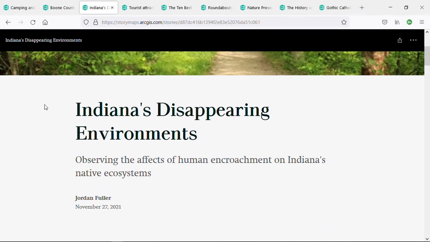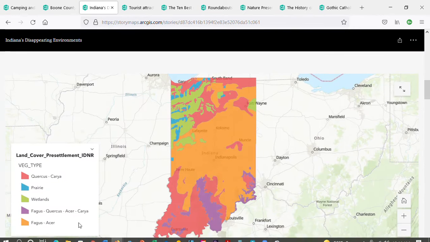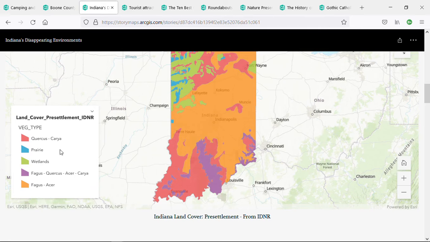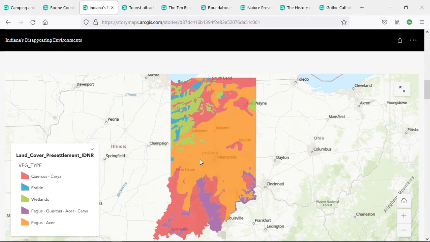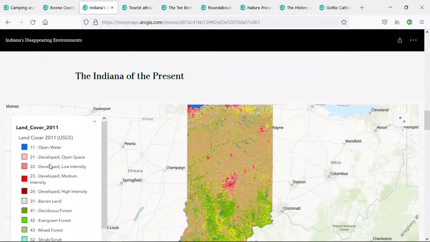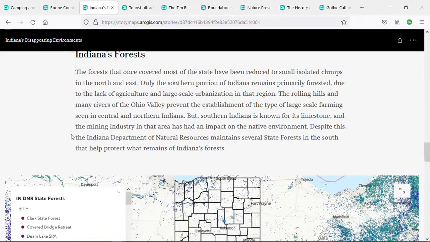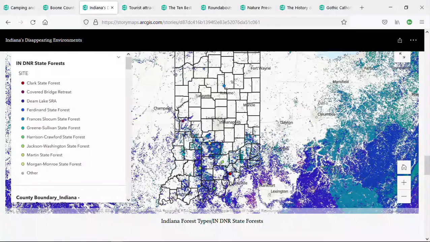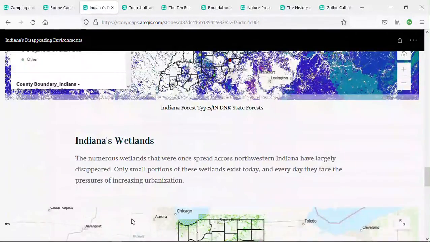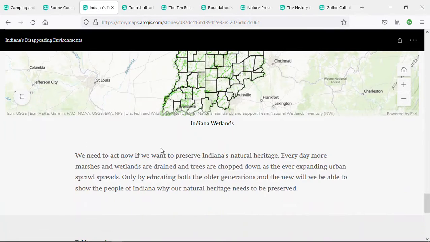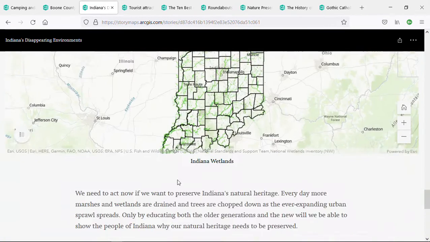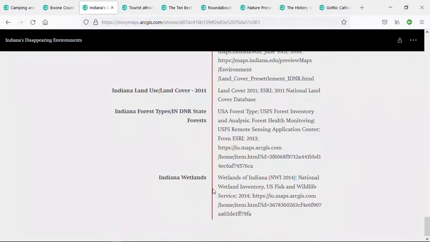That's looking at disappearing environments, and this is using maps from the IDNR, the Indiana Department of Natural Resources. So here's the before, and over time looking at today, how it's changed, and of course not so natural anymore, looking at deforestation and the loss of wetland area. And we actually see some positive news in the sense that in the last 40, 50 years we've seen reforestation. Much of the damage was done a long, long time ago in the 1800s. So this is cool how we have the Indiana map, and this is a geographer who's offering their maps